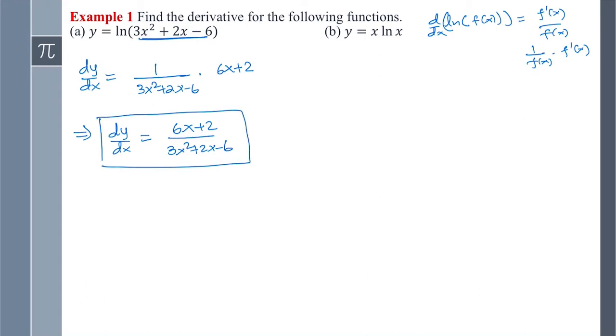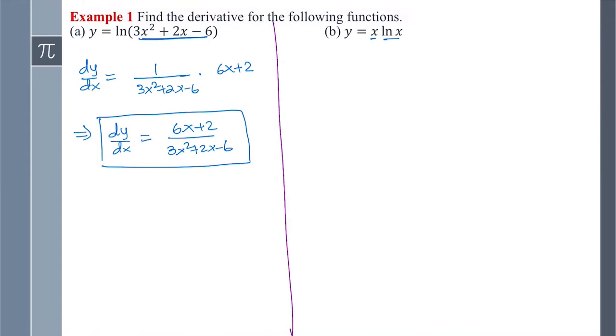Now let's look at this next example here. Here we have two functions, x and natural log of x. That means we have to use the product rule. So let's go ahead and use the product rule. So the derivative of this function is dy over dx. Now using the product rule, first function times derivative of second function. So derivative of natural log of x is 1 over x, plus second function, which is natural log of x,